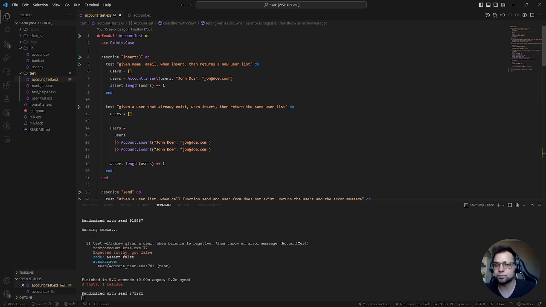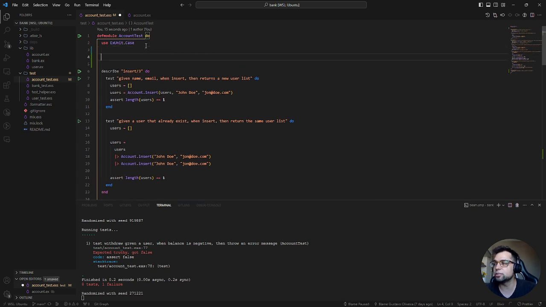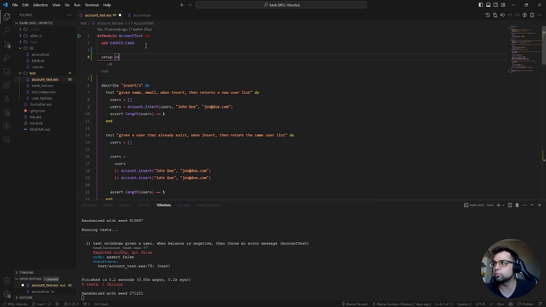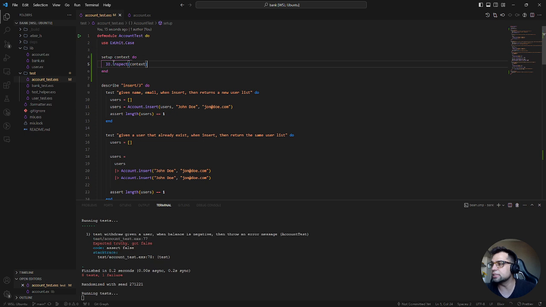But before, one of the things that I would like to share with you is that you can see on the Elixir documentation we have the setup function. And on the setup function, we have the context. Let's just see what we have here. So this guy,